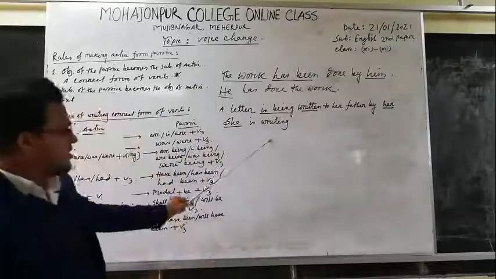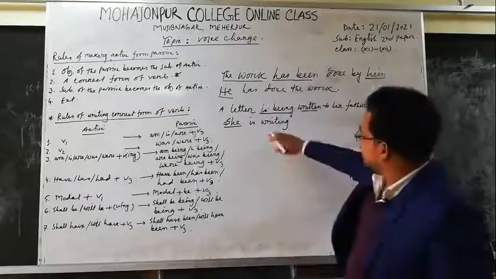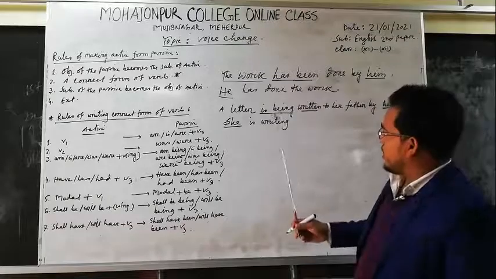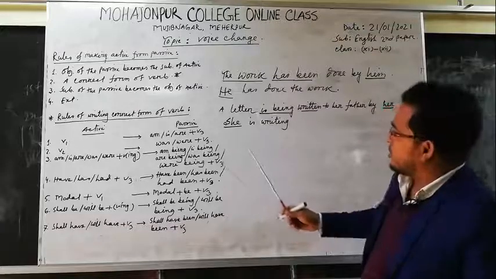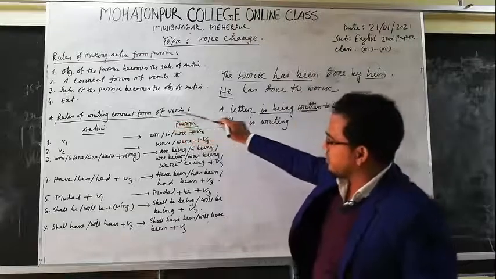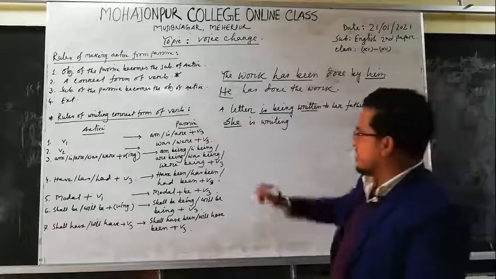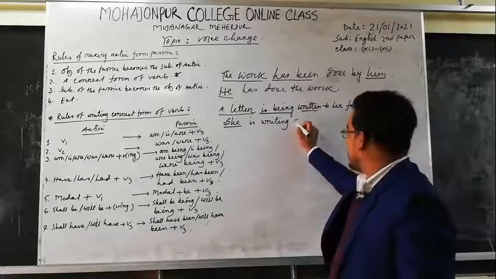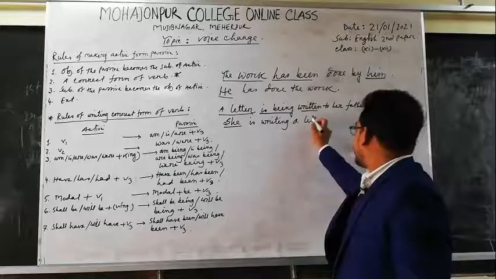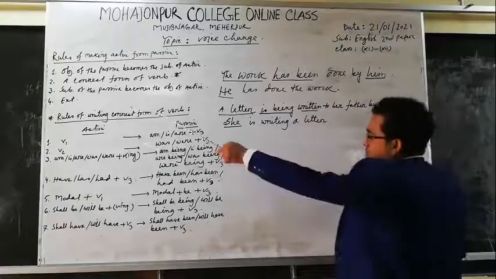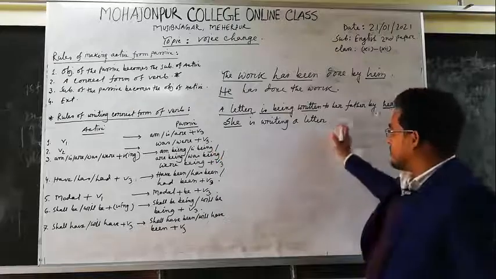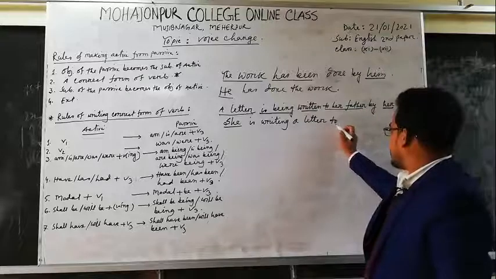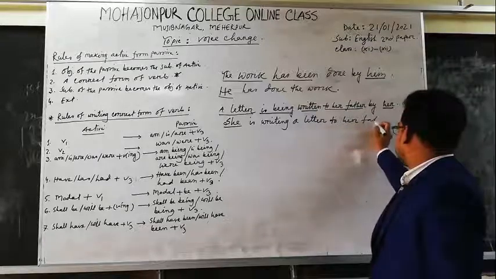Writing. She is writing. So we have written here the correct form of verb according to the auxiliary verb of passive voice. Now number 3, subject of passive becomes the object of active. Here there is a subject, a letter, so we can use here as an object a letter, and then if there is an extension in the passive voice, then we have to write here that extension. Okay, there is an extension here, to her father, so we can write here to her father.